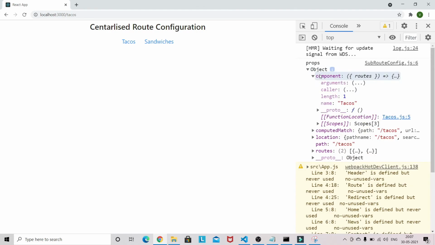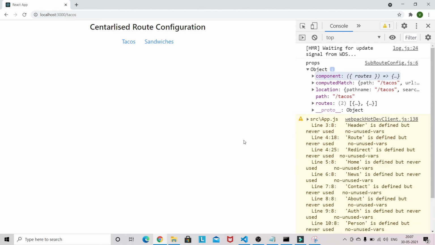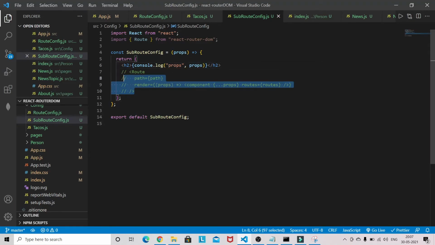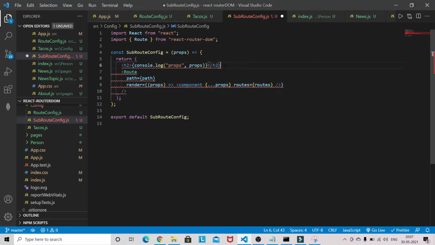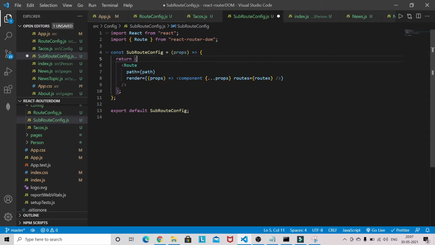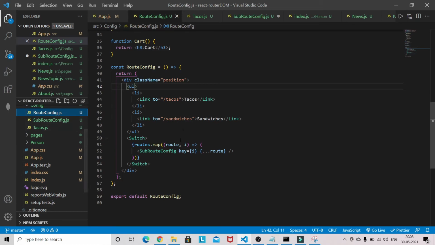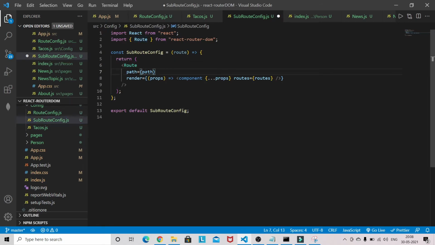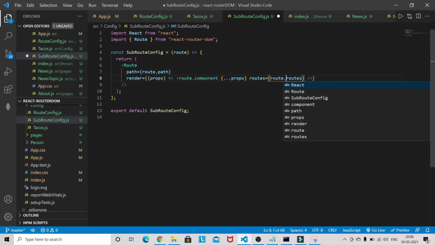We are destructuring the component, but it's not working that way. No problem, we can do it this way. Let's uncomment this one and remove this one. We can use route here because from route configuration we are sending route, so we can use the same name here: route.path, route.component, and here route.routes.